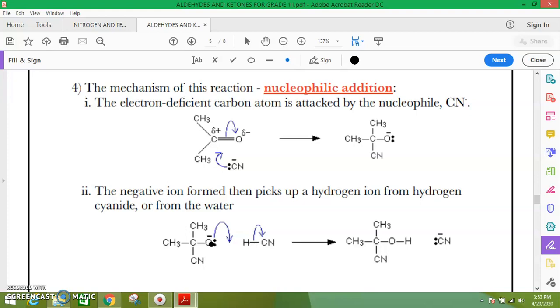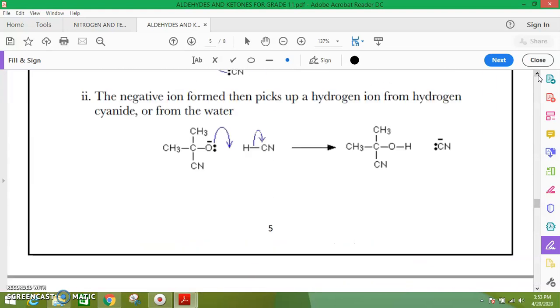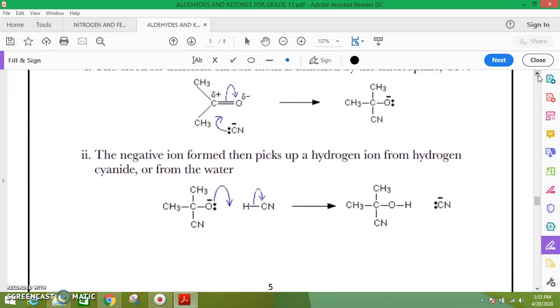And when the negative charge of oxygen attacks on hydrogen, the bond between hydrogen and cyanide will break down, and you will get the cyanide ion again, the nucleophile, or you can say you can regenerate the nucleophile during the mechanism of nucleophilic addition reaction. This is about aldehyde and ketone. You can use aldehyde and ketone, for both the mechanism will remain the same. This is all about the mechanism of nucleophilic addition reaction. Inshallah, next class we will study more.